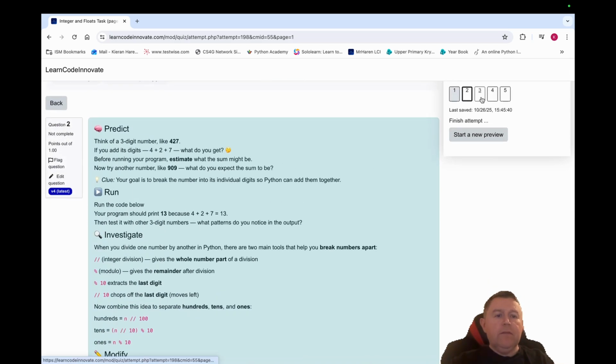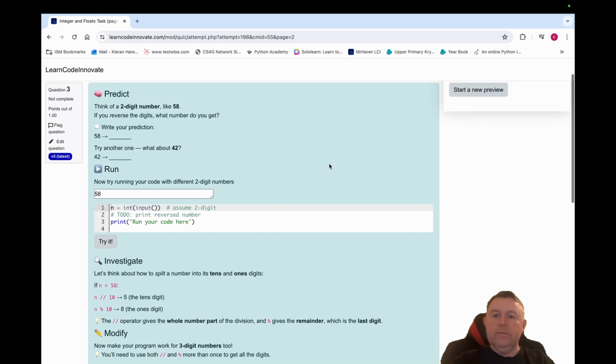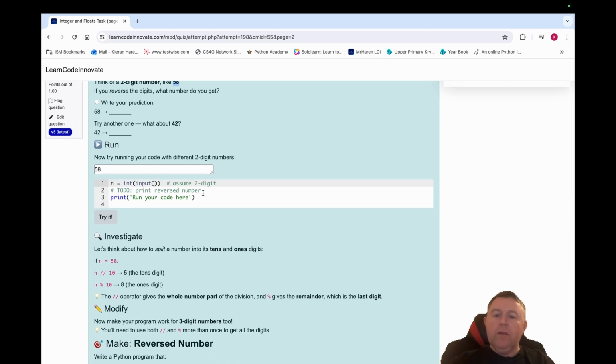Let's try the next one then. So this one, we want to reverse the number. So a 2-digit number like 58, and we want it to write down here what our prediction is going to be: 85 for this one, and it should be 24 for this one. And so we need to write the code here. So again, if you think about it, we can use the same trick again